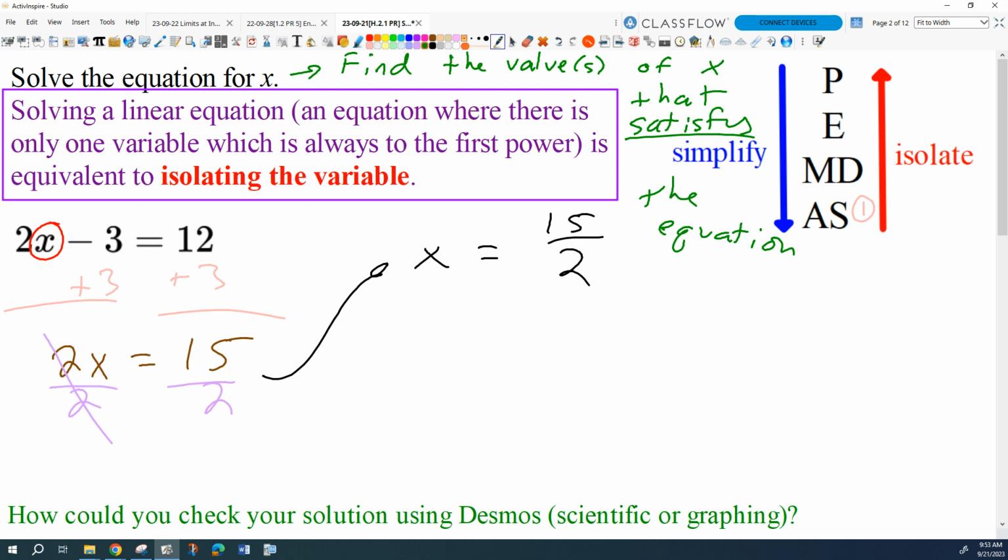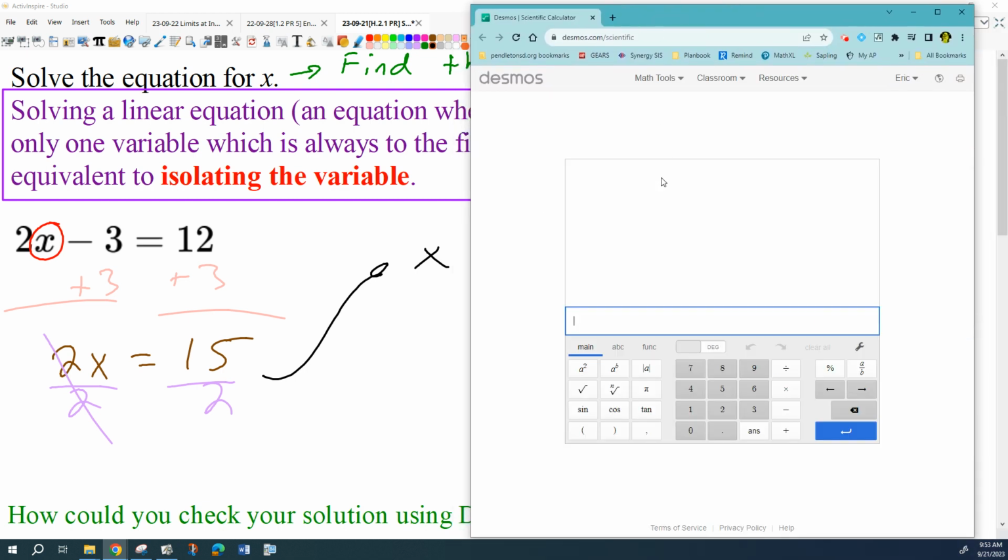You'll always have access on a test to at least Desmos Scientific. So let's just use Desmos Scientific to check this solution. Okay, here's how you can do it. All we have to do here, and in this case the right side is pretty trivial, it's already 12. But in some cases, I'll have variables maybe on both sides initially. So I'm just going to set up a function, and we haven't talked about function notation yet, but